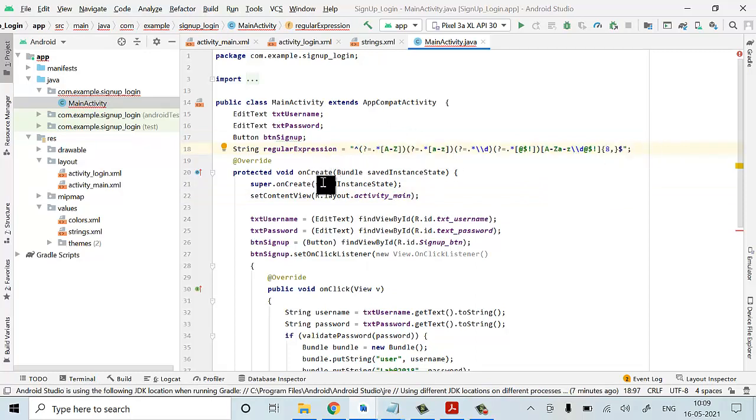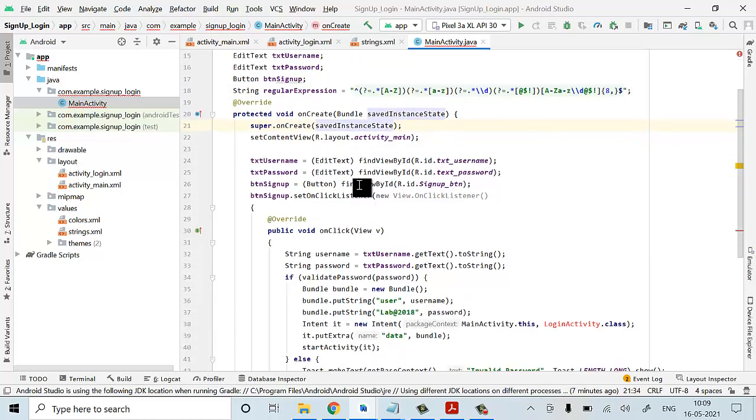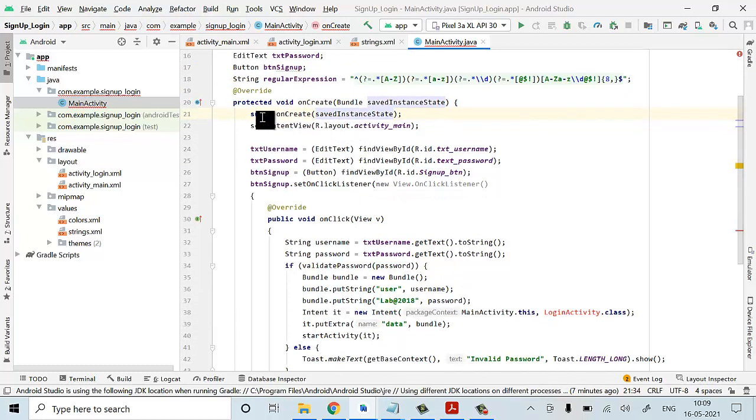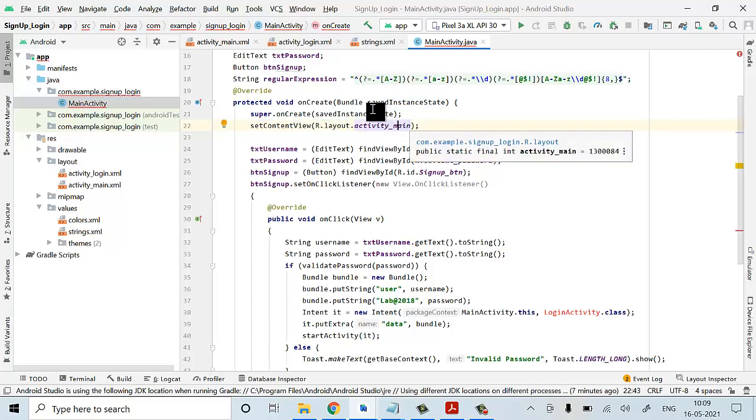Next, in onCreate, we obviously have this method. In this we are specifying setContentView, in the sense which content we have to display on the app at the starting page. So I have specified the activity underscore main XML file.